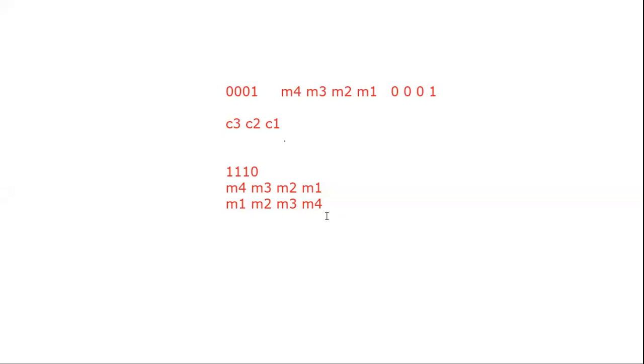Up to now we are dealing with only systematic codes. What about non-systematic codes? I told that the systematic format is G equal to [I P]. In non-systematic codes, we cannot separate the message bits and parity bits. To find the code vectors for a systematic code, first take the generator matrix, write the submatrix P, use the formula C equal to M into P to find the check bits, and with the check bits and message bits write the code word. This is the procedure for the systematic code.